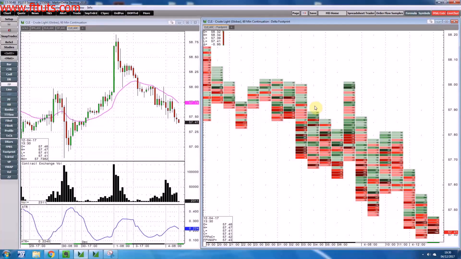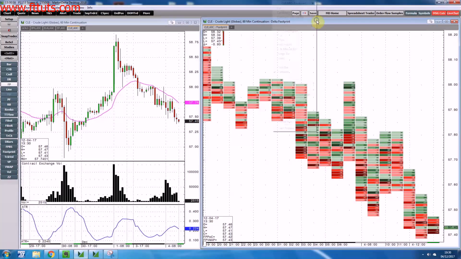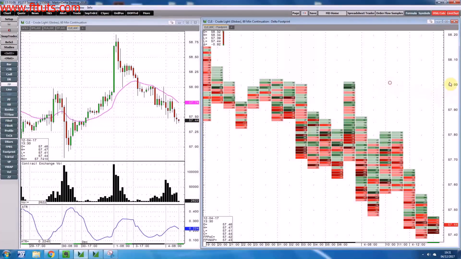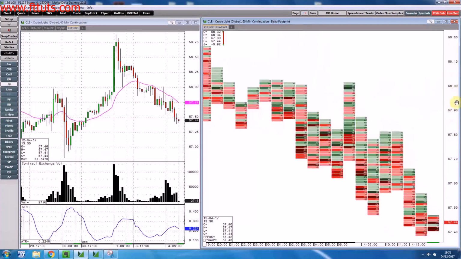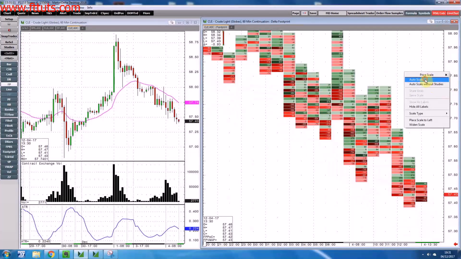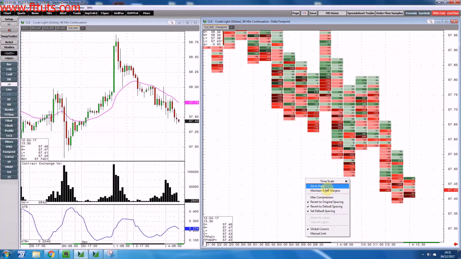footprint. So the first thing again to notice, obviously I'm just going to go through this very quickly from top left to top right. Again, notice everything looks the same. We've got our function here to replicate out of page. We can right click at the top to choose different charts, intervals, as well as continuation settings and preferences. We can obviously hold in the left click and make it larger and smaller. We can also right click to auto scale. And then at the bottom we've got time, where we can go to date, as well as obviously some other